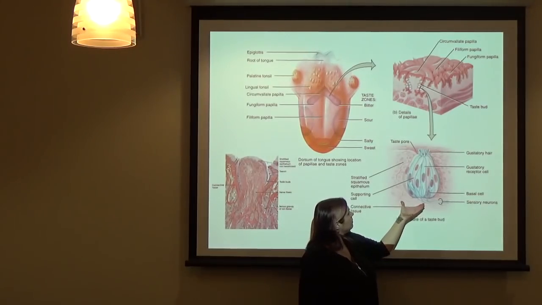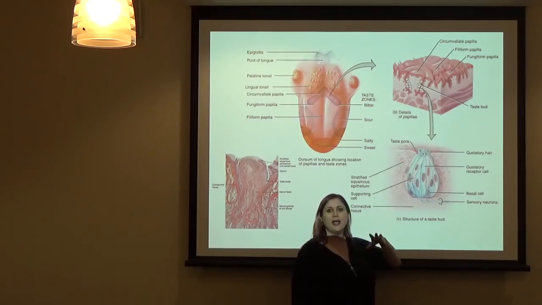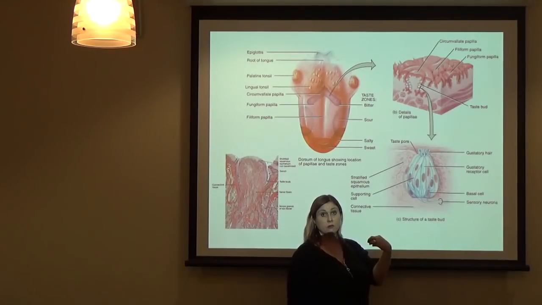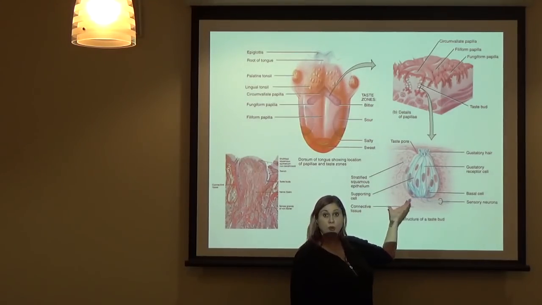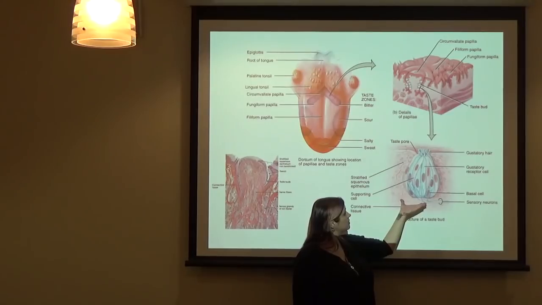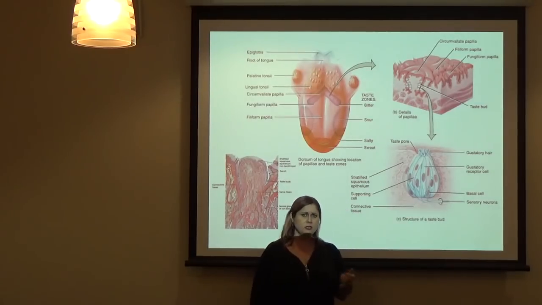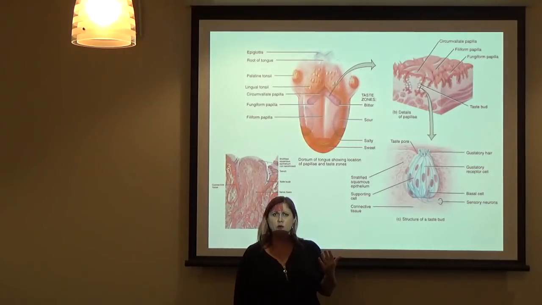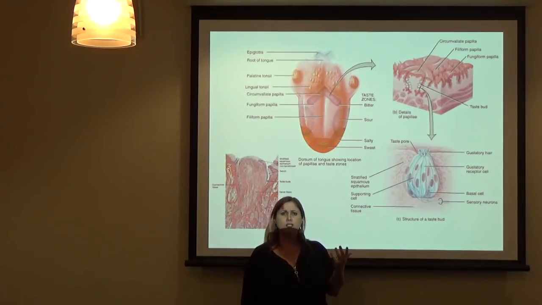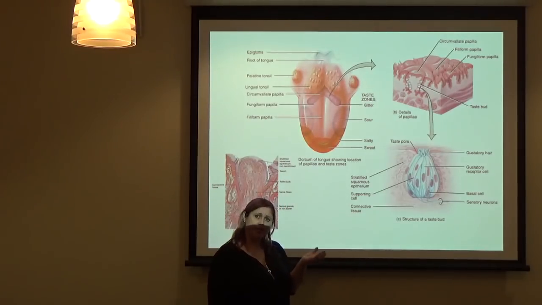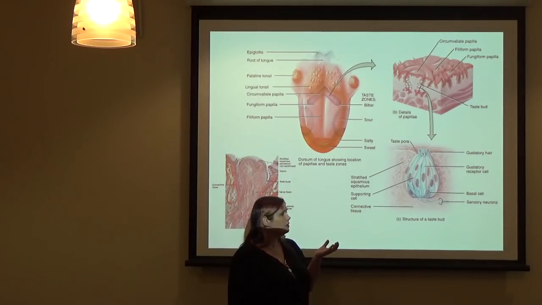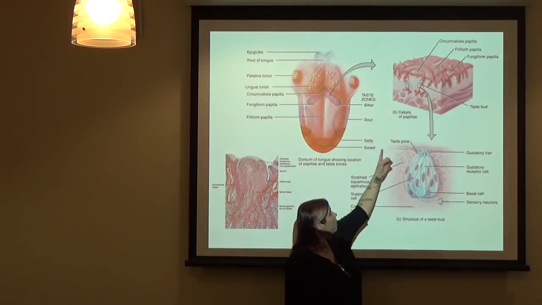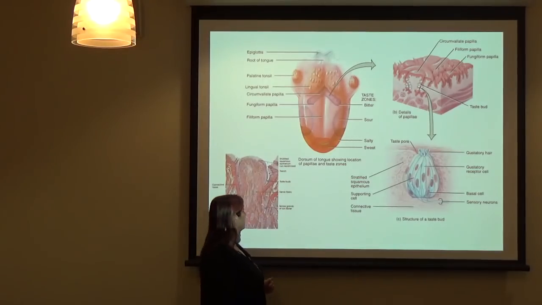And so the taste bud is kind of like a bunch of bananas, and each of the bananas is a taste receptor cell, okay? So the taste bud is what houses the taste receptor cells in the same way that the retina houses the photoreceptors or the cochlea houses the auditory hair cells. The taste bud holds the taste receptor cells, the TRCs. And they are embedded inside the papilla, like you can see there.